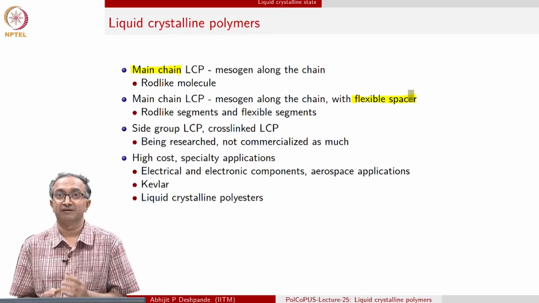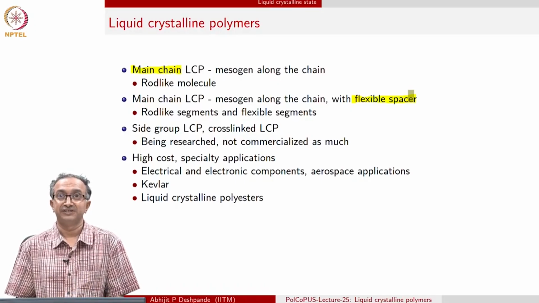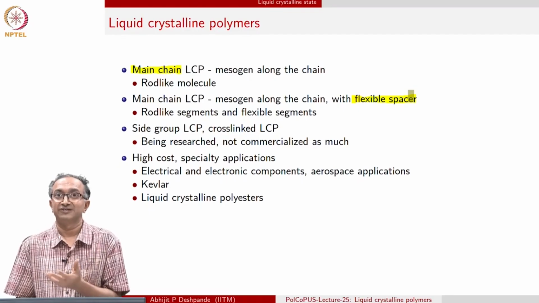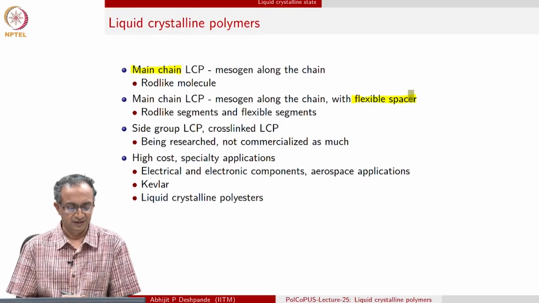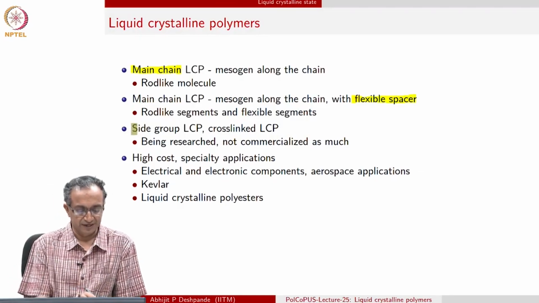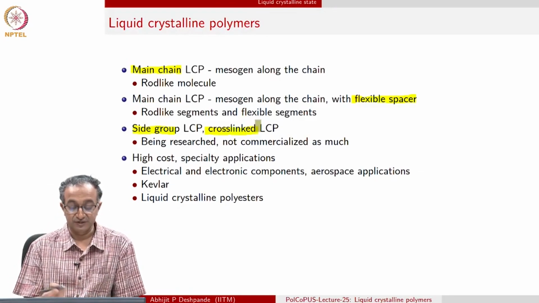And if you think and recall some of our earlier discussion, if you do not have a single carbon-carbon bond along the chain, that will immediately start leading to some amount of rigidity in the macromolecular chain. So, a couple of slides down, you should not be surprised looking at the groups that we will see, which are part of the mesogens. So, therefore, mesogens can be on the side group, they can be a cross-link polymer can